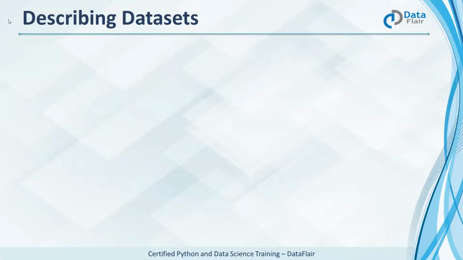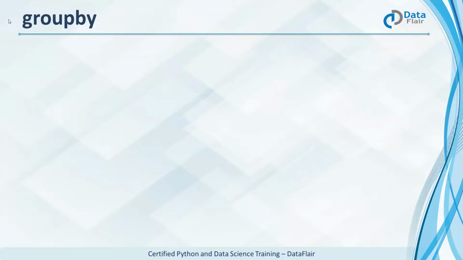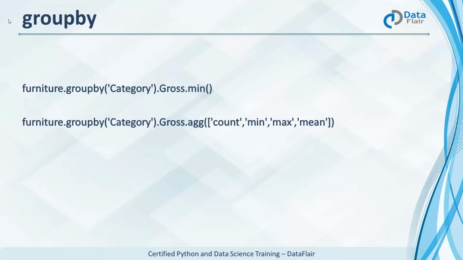To describe a dataset, we have many functions like min, max, mean, and count. Describe describes the dataset, and this gets us the highest value in the gross column. The group by function lets us group data on a variable. This groups the categories by the gross value, and this groups the categories and gets the count, min, max, and